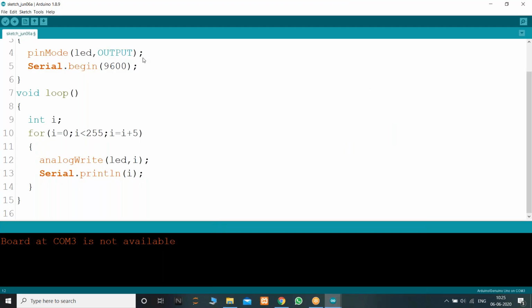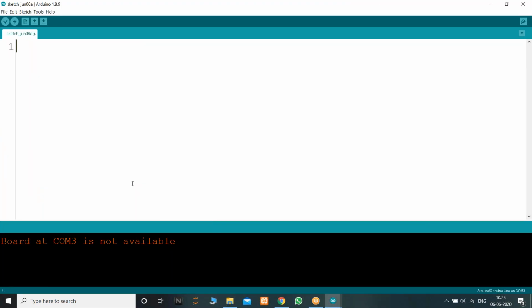Let me write the code for this. Initially my LED is connected to digital 6. We may send instructions in the format of a string, an integer, or a character. For storing those instructions, I want to define a string variable.